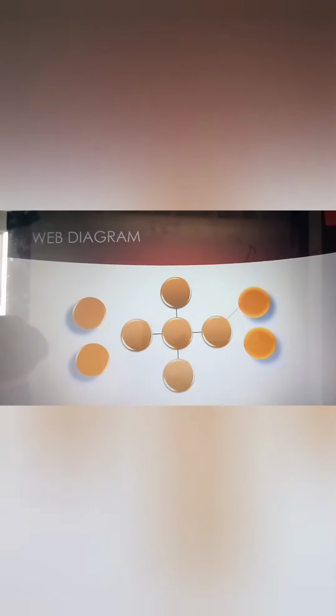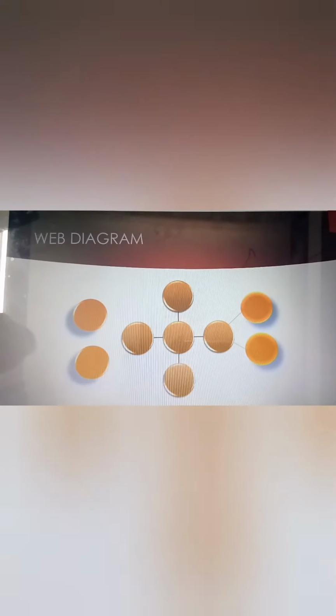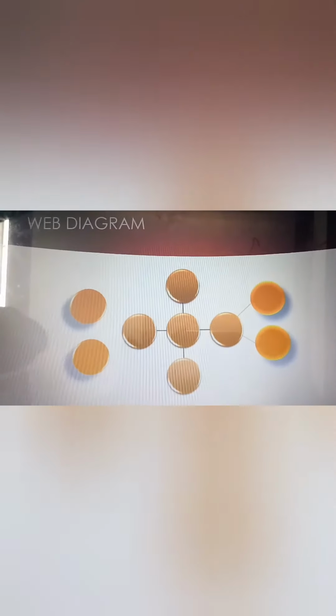The next one is the wave diagram, which is famous all over. The main information is given in the center and related information is given around the main information, that is called a wave diagram. With the help of the wave diagram, we can describe various things. So read the passage well, and if you think the wave diagram is applicable for it, we have to use the wave diagram to describe it.